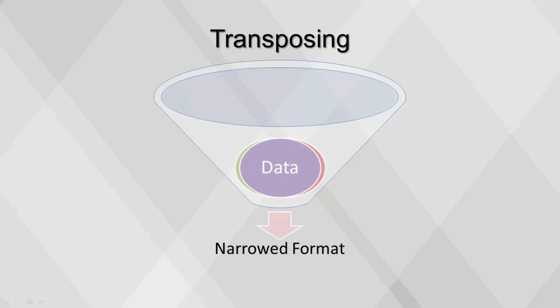Typically, transposing is required after receiving financial data from a spreadsheet, as columns can be used to capture dates, locations, or categories. Once the columns, known as data fields, are transposed into one variable, the data is ready for a more sophisticated analysis. Any fields that are not to be transposed are called key fields.